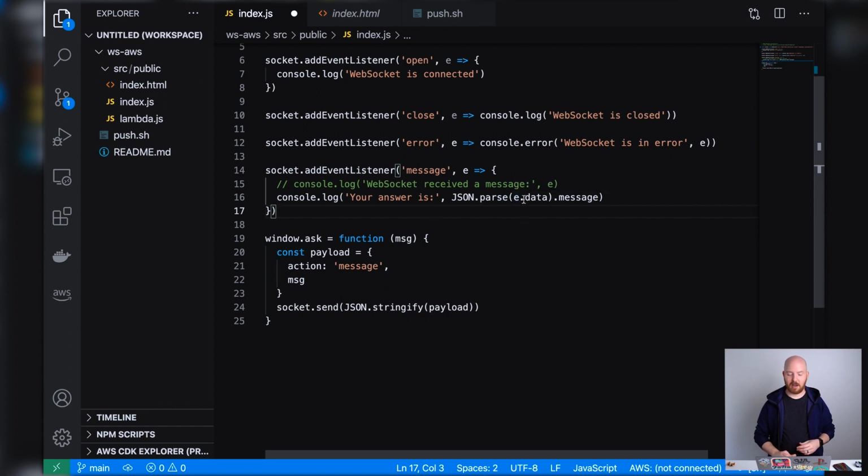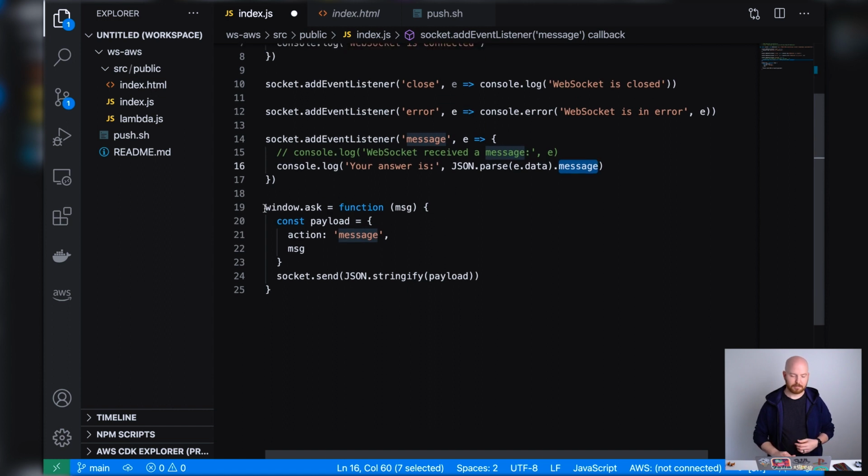It'll be data, which is going to be JSON data in a string, and then we parse that and output the message. And here is our function that I attached to the window called ask, where you can say ask and then you can put in a question, and there's nothing on the back end. It's just responding, but it's a fun thing anyways.